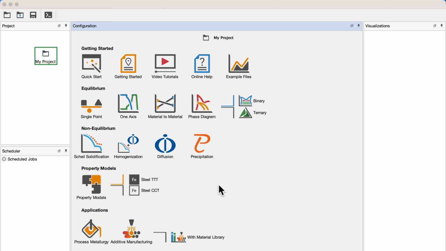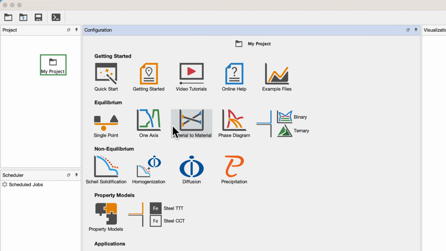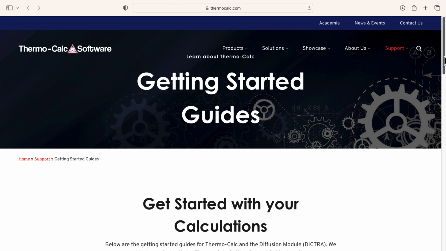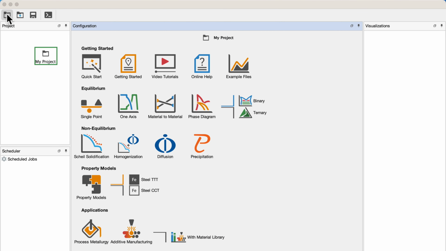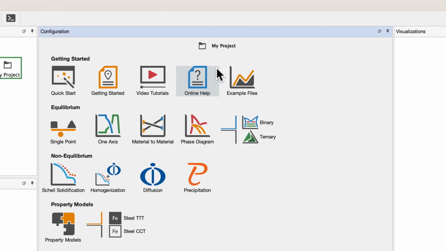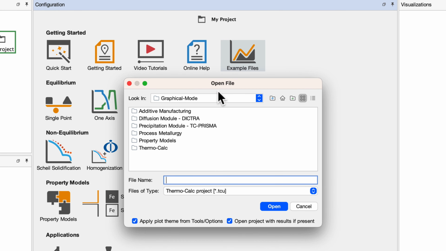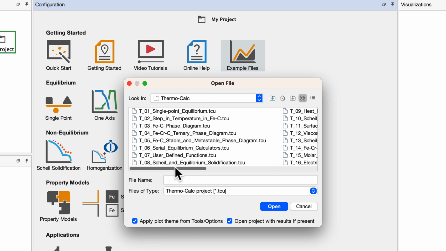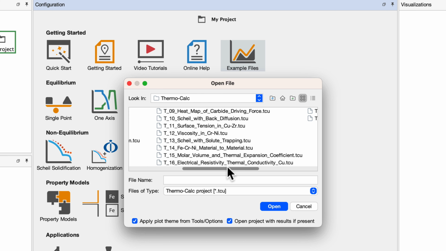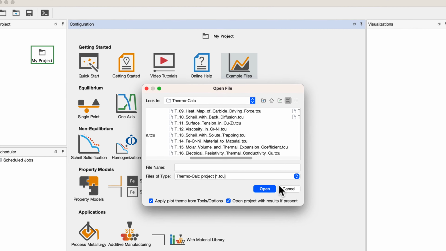For instance, we have a Getting Started guide, which you can access by clicking the Getting Started guide icon. We have also included many example calculations with your installation, which you can access from the Example Files icon. Many of these examples use demo databases, so they can be run by anyone who has a license for ThermoCalc, regardless of which databases you have.